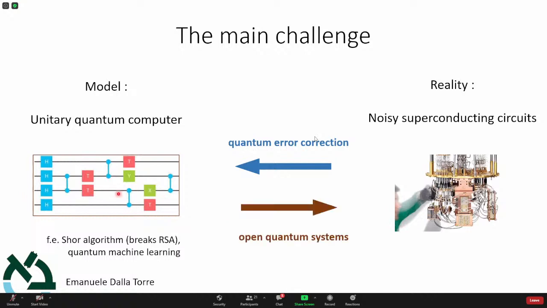The other way to proceed, I would say the other method, is more physics oriented, while the first one is more computer science oriented. And in physics, we say, well, if the model doesn't describe reality, then you should improve the model. Right? That's what you do in physics all the time. We have a material, and we try to model it, and we need to improve the model so that we describe the material.